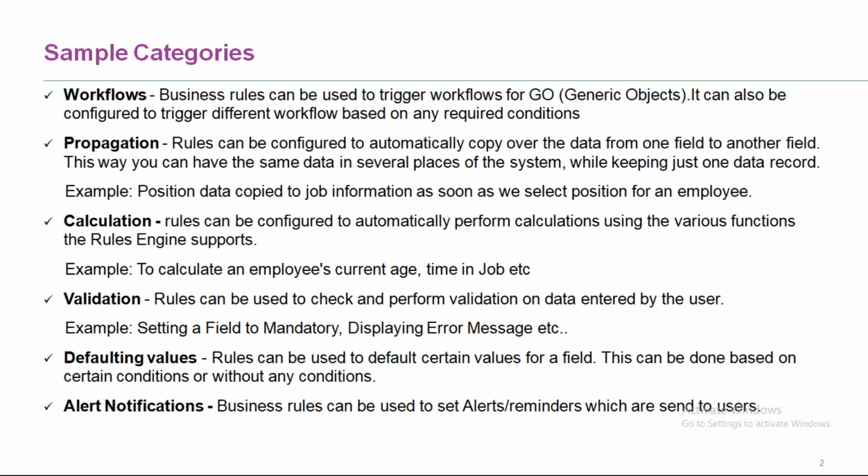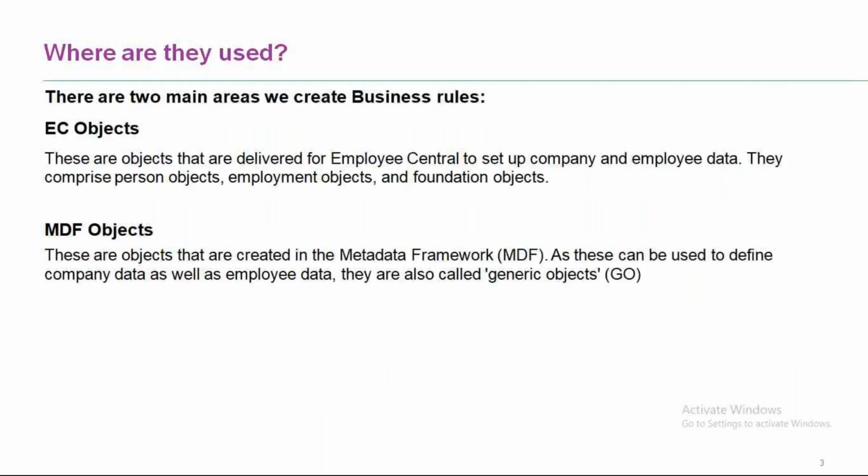The system should remind us that in another 10 or 15 days, this employee is going to complete his probation period or termination period. So you need to take some actions. The user should get notified, with alerts saying that this employee is going to complete his probation period on 10th of March. So take necessary action. You can also set the alert notifications.